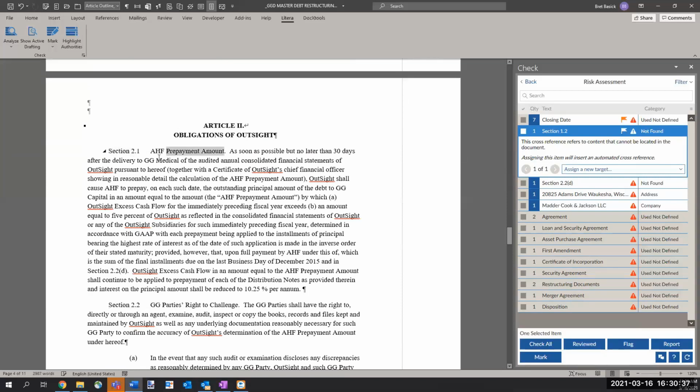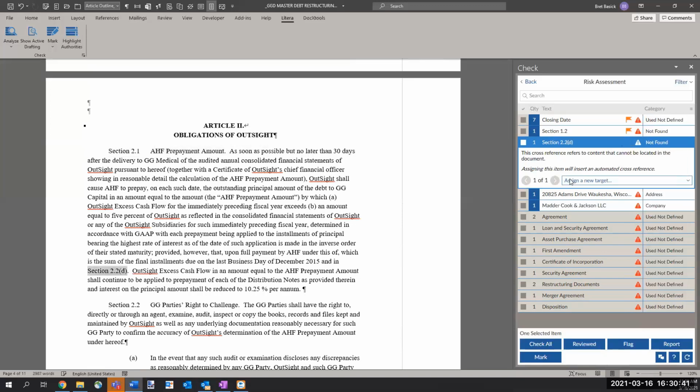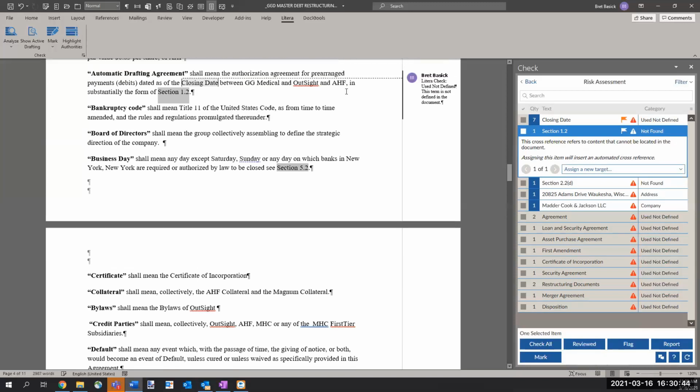And lo and behold, it is referring to AHF prepayment amount. So if I navigate back up to this point in the document, we can see we're talking about AHF. And you know, someone just made a typo. This should have been section 2.1, not 1.2. So I have a couple things I could do here. I could go into the document and change that to 2.1, although it wouldn't link it automatically. But Contract Companion would recognize it and allow you to link it with a button press. I'll show you some examples of that in a bit, but I want to talk about what we see here